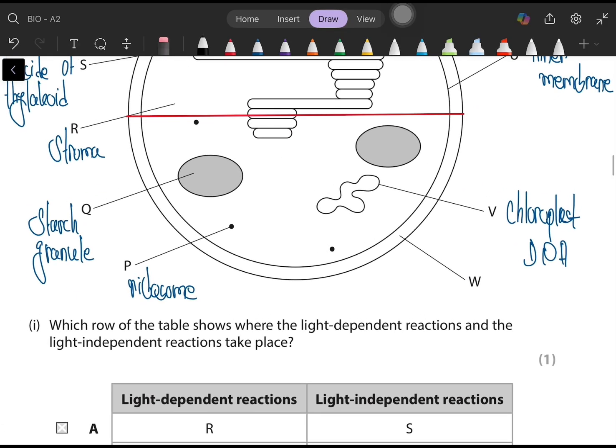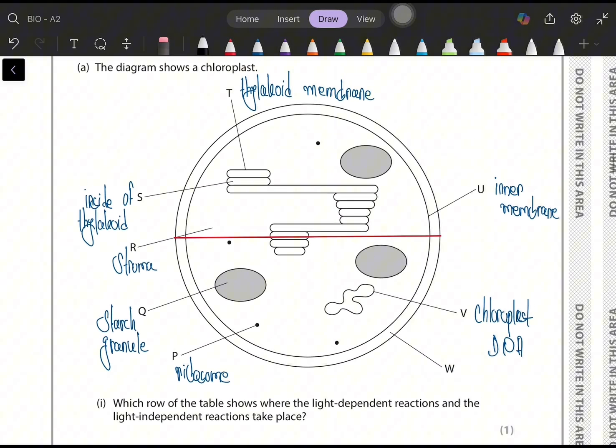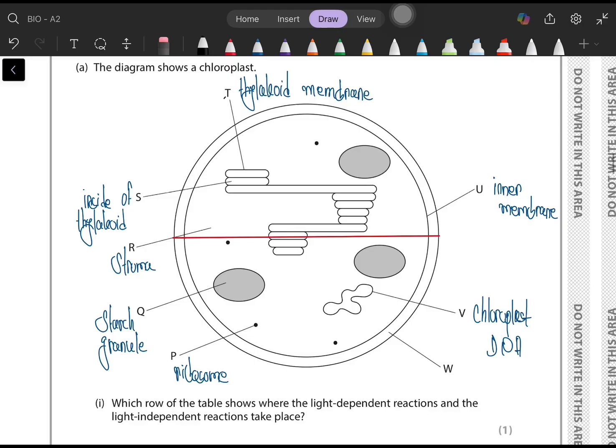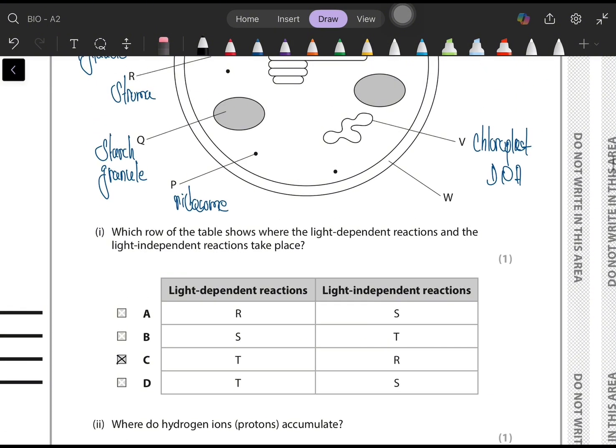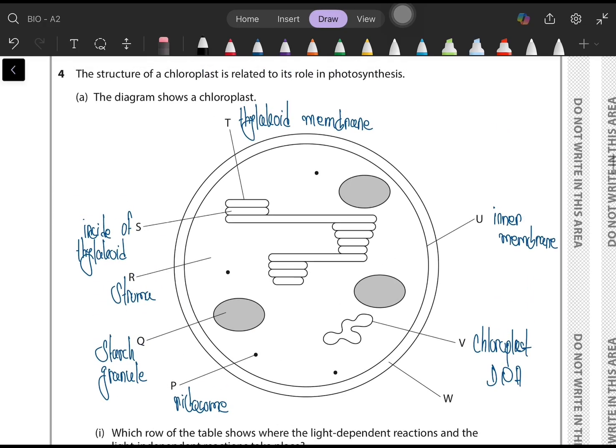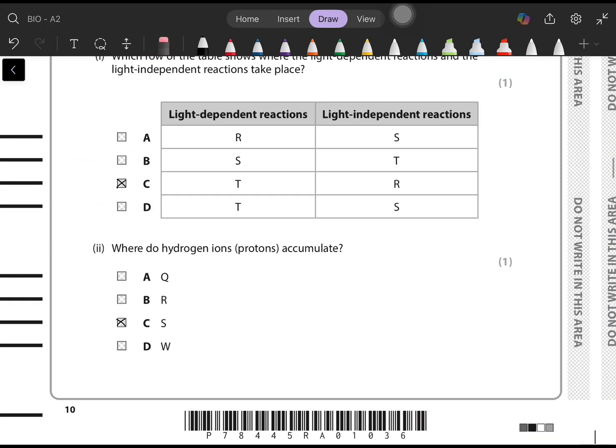So which row of the table shows where the light dependent and light independent reactions take place, right? Light dependent is on the thylakoid membrane, that is going to be T, and light independent is in the stroma, that is going to be R. So T and R. See, T and R. Why do hydrogen ions accumulate, as I said, inside the thylakoid? So that's going to be S,